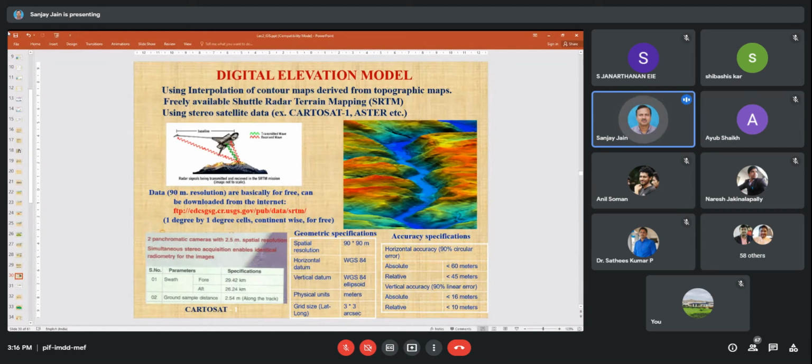With the help of these known accurate heights, I can modify the DEM which I get from these resources and convert it into a better DEM.